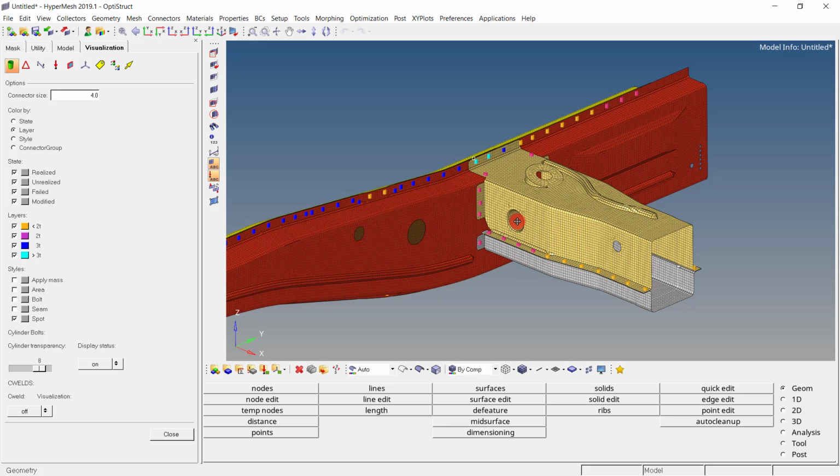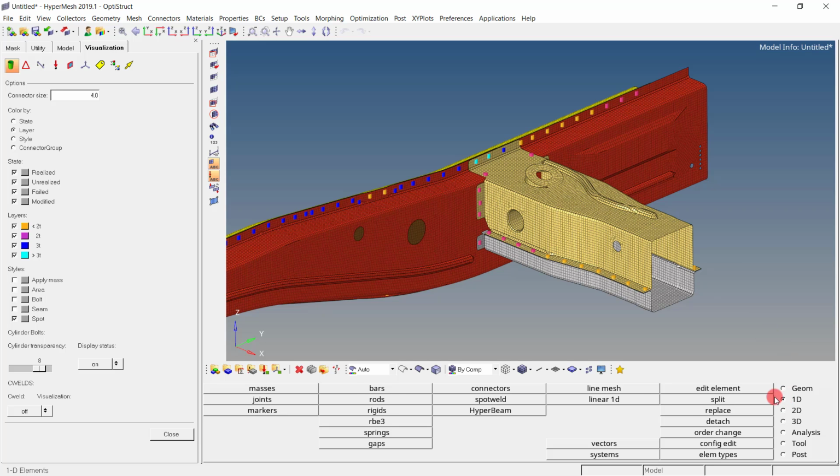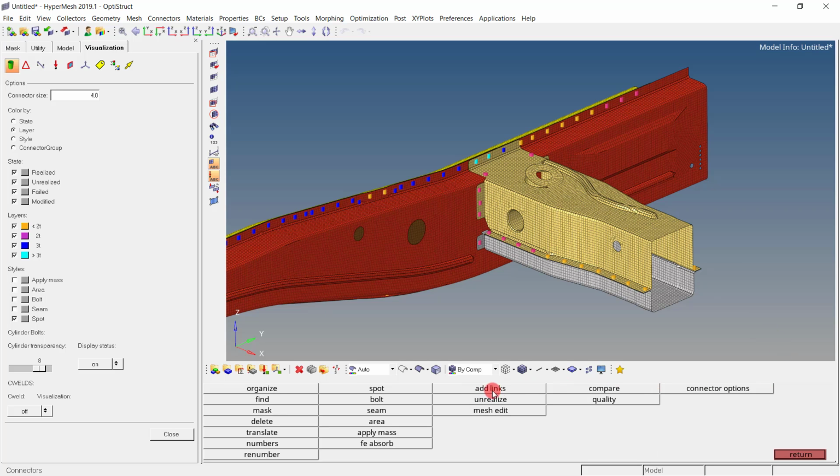So the first and very easy way is to directly go for 1D connector. Here, go to the connectors and you will find add links. In the beginning itself, we are using the add links button. The add link option will add which 2 components are to be connected. But you may argue that I just said that the connector has the information about which 2 components it is going to connect. But keep in mind, this particular connector file is from the past analysis. So in that past analysis, I don't know for sure what the ID of those components is, or whether the same component is there or not. So that's why I have to update the link.